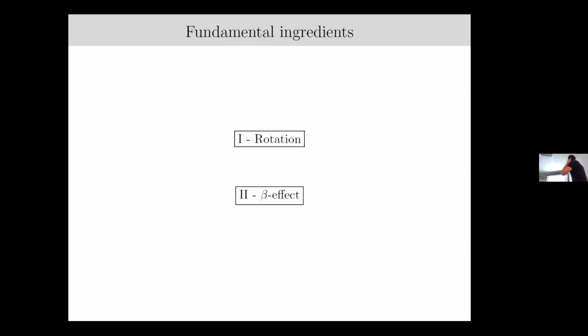So to study this system, basically, you need two fundamental ingredients. For GAFD, for geophysical flows, you need rotation and you need some kind of anisotropic effect, which in our community we call the beta effect. I will explain that a little bit further: it's either due to curvature effect at the surface of a spherical planet or due to topographical effect, but both of them lead to the same kind of anisotropic effect. And rotation is important, as you will see, to get in this limit where the flow is constrained by rotation,